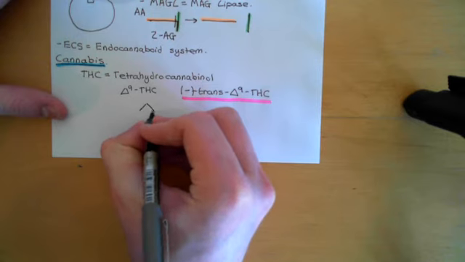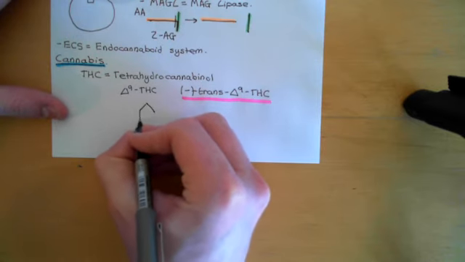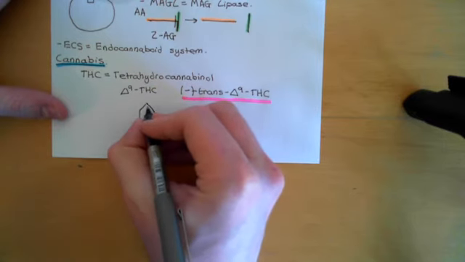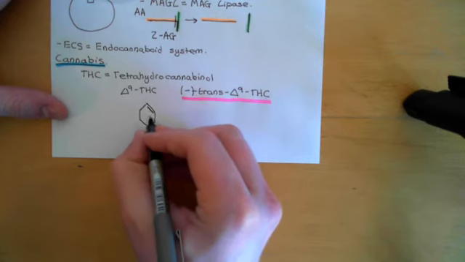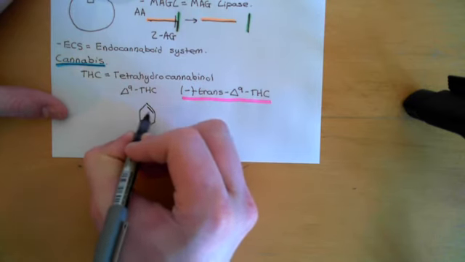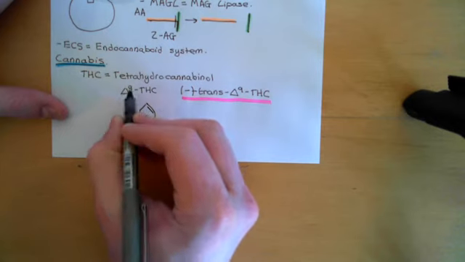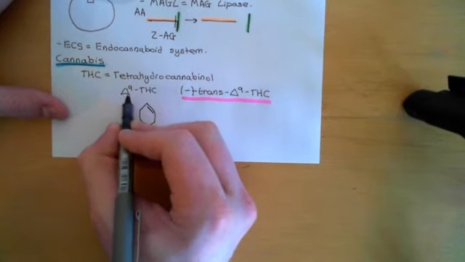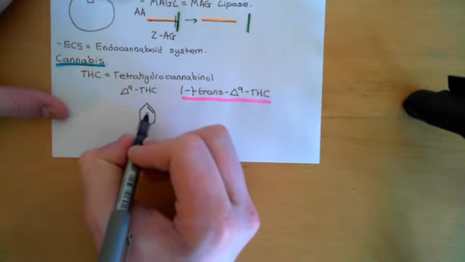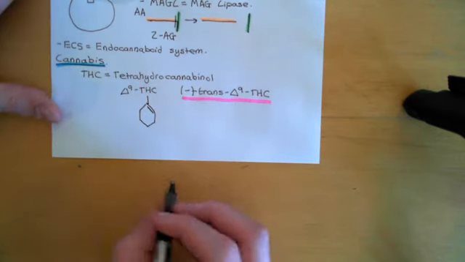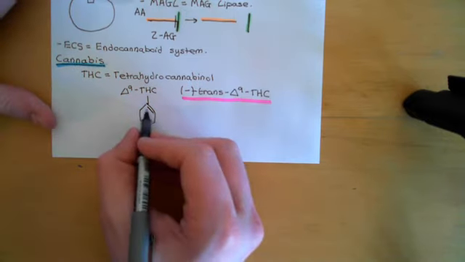Okay, so it has 3 6-membered rings. So we'll start off with one up here, like so. And there is a double bond in this ring here, and it's this double bond here that is what delta 9 is about. Delta 9 tells you that this double bond is specifically in this position. In different forms of tetrahydrocannabinol, you can have this double bond in other positions. So that delta 9 tells you that this double bond is strictly there. Okay, right. So that's the structural isomerism portion done. So that's the delta 9. That's what this is referring to here, this double bond.